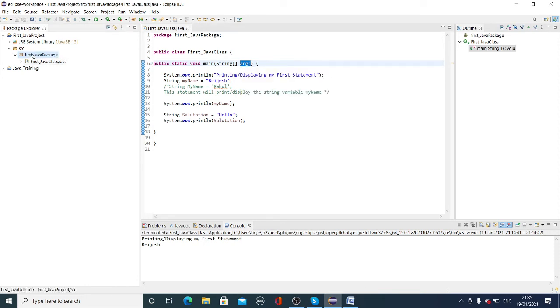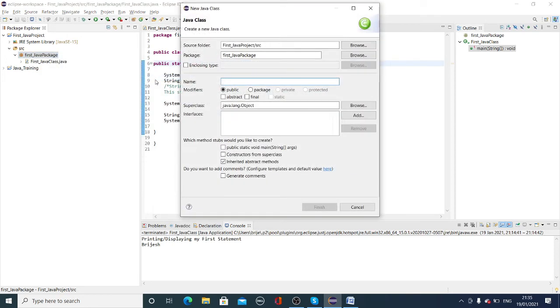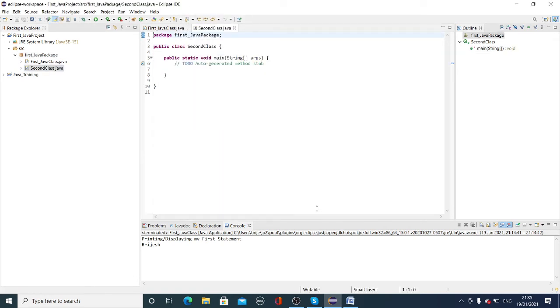So let me create a new class and I say second class, public static void main. So it has created this public static void main with arguments. Yes, so here I am putting string, the variable, what is the variable?